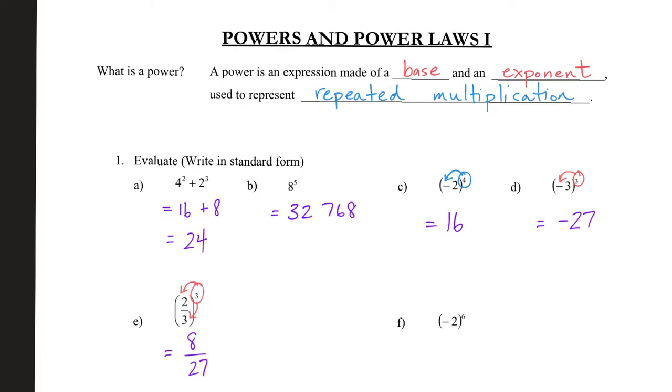Now we jump into F. F gives us a power that's a little bit higher than what we need to have memorized. We recognize an even exponent on a negative base, and therefore we're going to have a positive value. I know 2 to the 5th by heart is 32, so if I double 32 to get up to 2 to the 6th, I get 64 and we're good. As you start to work through, pretty soon you'll just start to memorize that 2 to the 6th is